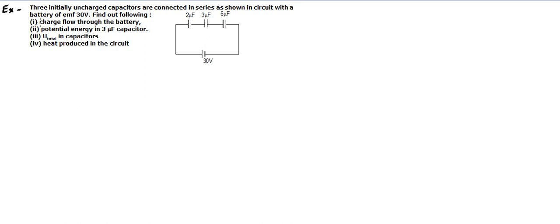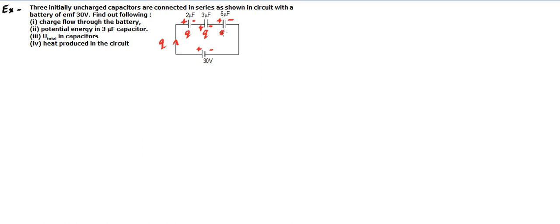So let's talk about the first thing. This first part is asking for the charge flown through the battery. We have talked about how to solve this kind of circuit. This is the positive terminal, this is the negative terminal of the battery. We will assume the battery is supplying a charge small q. So this will make positive terminal, negative terminal, positive terminal, negative terminal, similarly positive terminal, negative terminal. All the capacitors are going to have a charge q, so they will have the same charge.